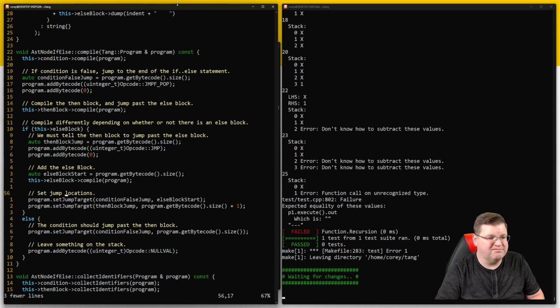I'm thinking, did I already solve it? But all right. So condition is false. It goes past the then block, goes down here. It just says, hey, the condition false is going to jump to wherever I am, and we're going to push a null on there. That's fine. That's if there is not an else. If there is an else, it's going to record where the